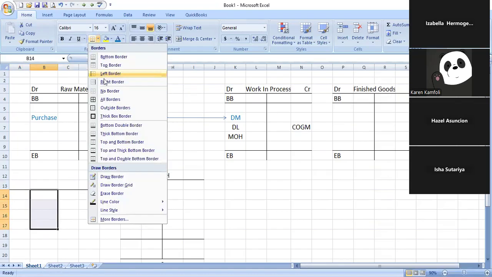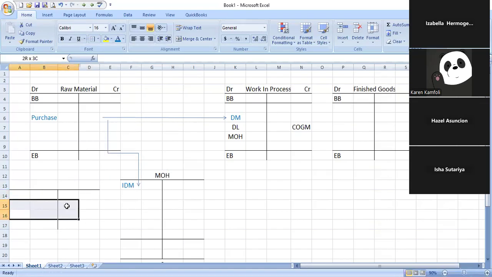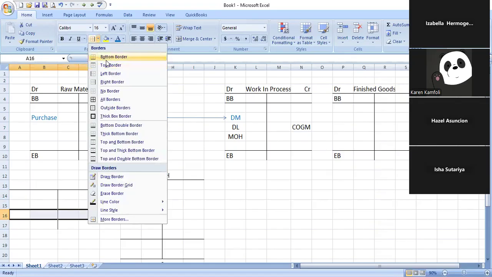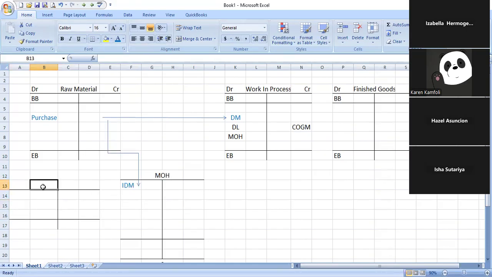Very, very small, because we're not going to worry about this payroll account, but we want to have it just for the purpose of our visualization. That will be the payroll payable